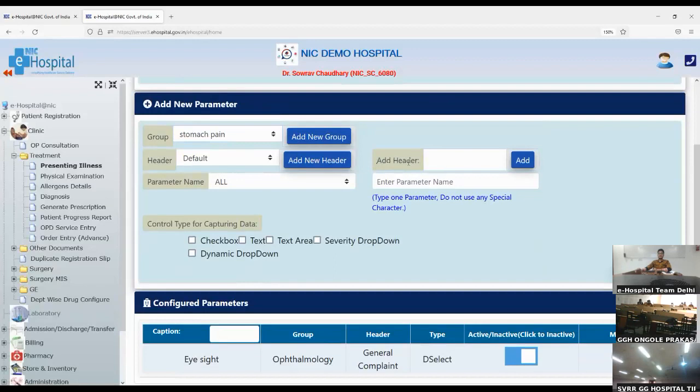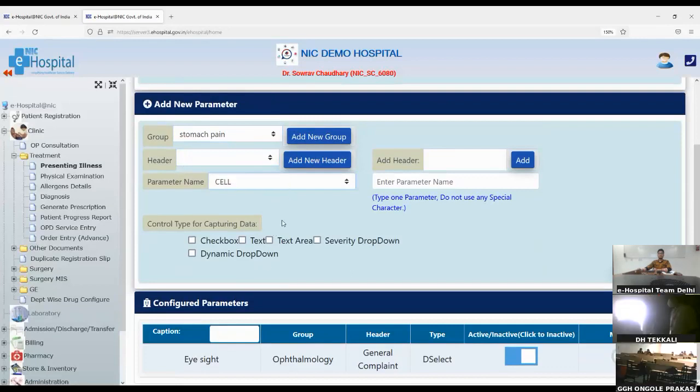We can add the header name and the added header will be reflected in this drop down, so we can select it. We can select the parameter name, like if it is disorder or findings, assessment scale, attribute, cell,